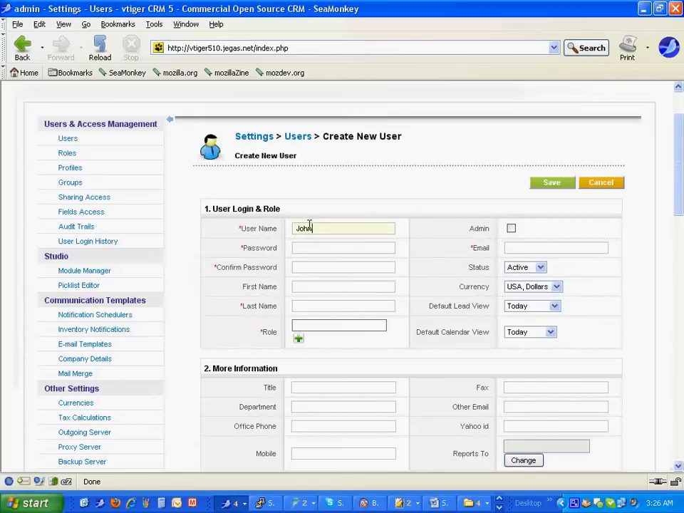We'll add the John Doe fellow. We're going to make John Doe an admin, and we're going to give him a password of password, email, password again, active, first name John